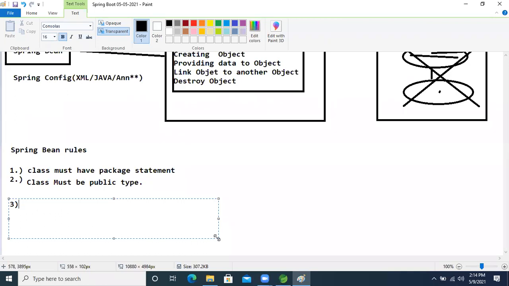The class can have variables if they exist, and if they exist, they must be private.